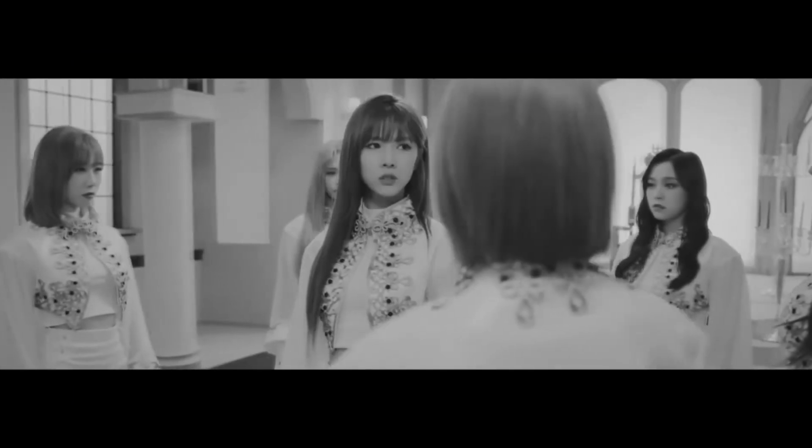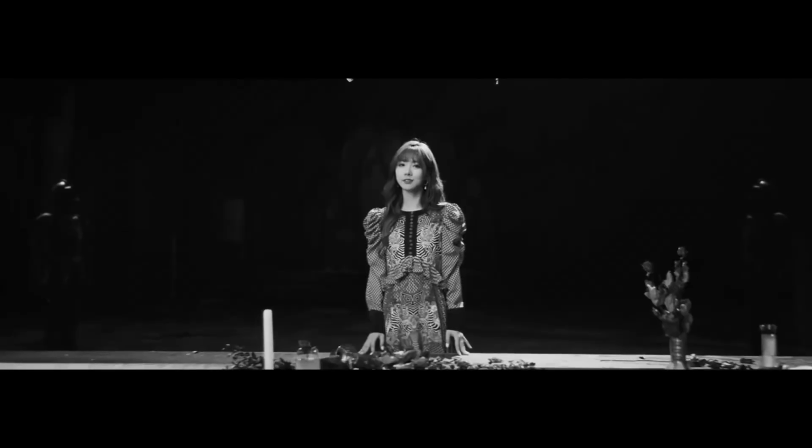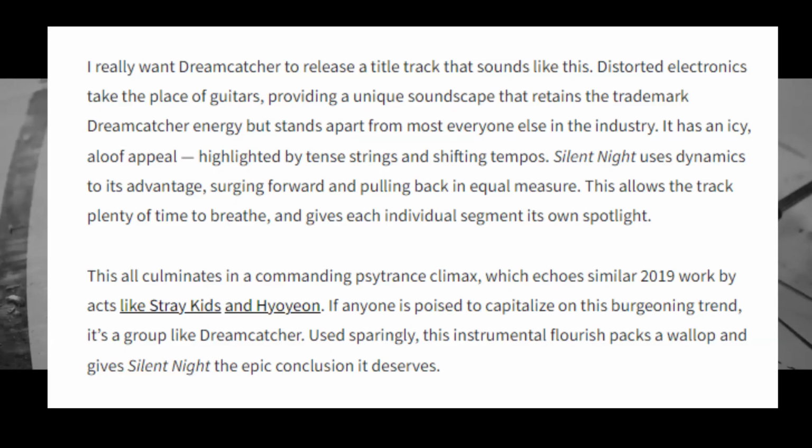The reason why most songs don't do tempo change is that it's too risky and it's hard to pull off, because sometimes the song gets too messy, or the vocals start to sound weird, or the transitions sound really out of place. While researching for this video, I read a review on thebiaslist.com and they said, "I really want Dreamcatcher to release more title